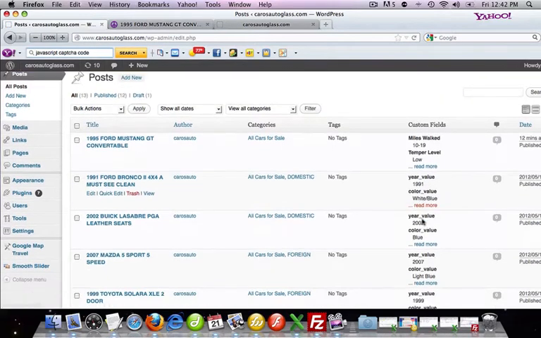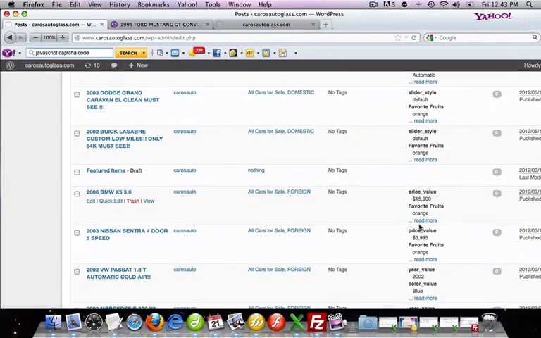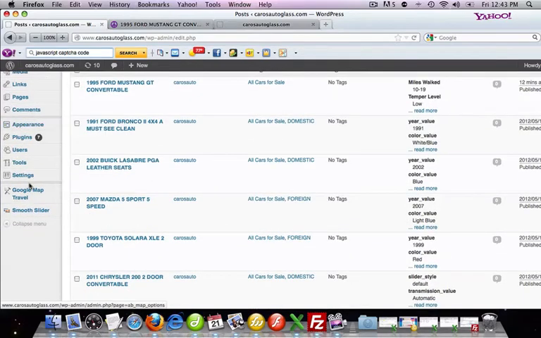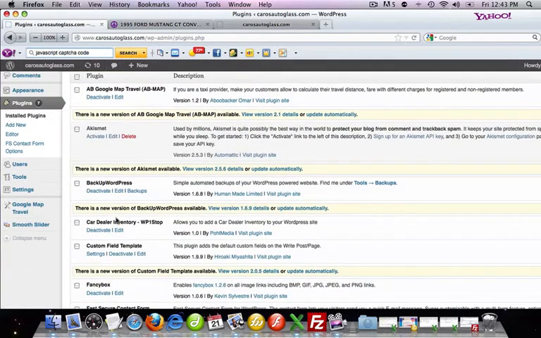And as you can see, these are all of your cars that we've got there so far. And if you want to edit any of these, you can either put them in the trash, or we can do more edits later. If you want to keep them there, we can put them in a category where they won't show. But for now, I would just trash them if you've sold them, because it's not going to hurt you. And I actually have a backup installed on your site, so if you totally take it down, I can restore it from a backup